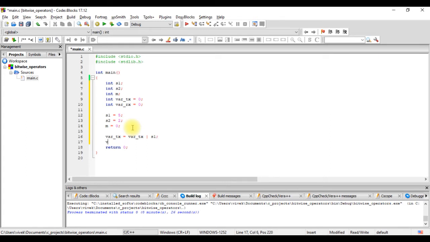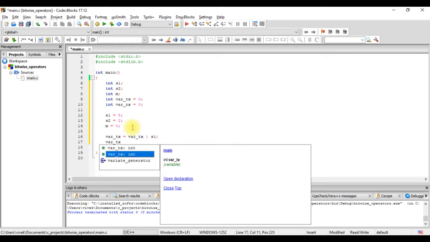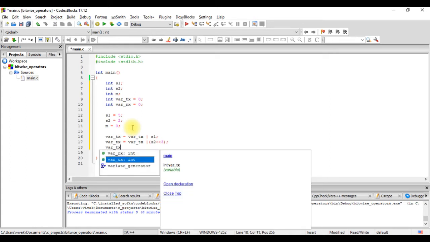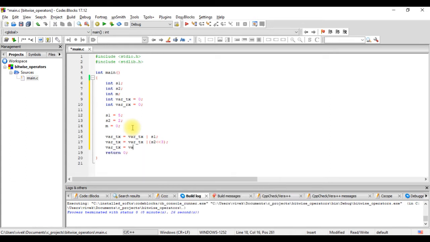Now this new var_tx equals var_tx OR s2 left shift 3 times, and then var_tx equals var_tx OR m left shifted by 6, that we had discussed, because we are putting m in the 6th position.